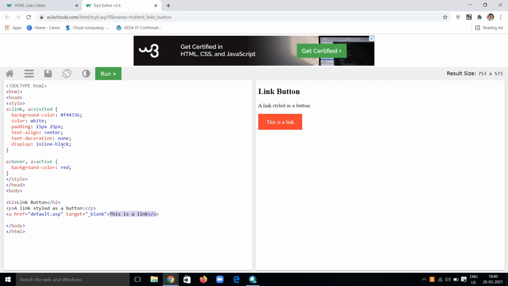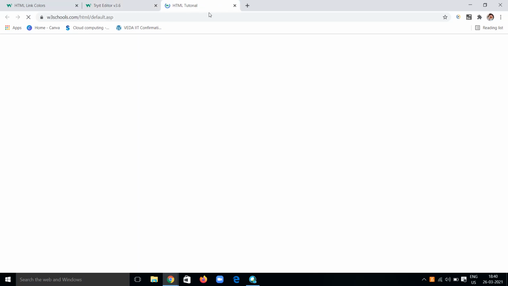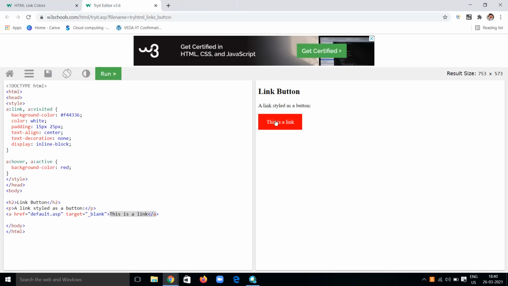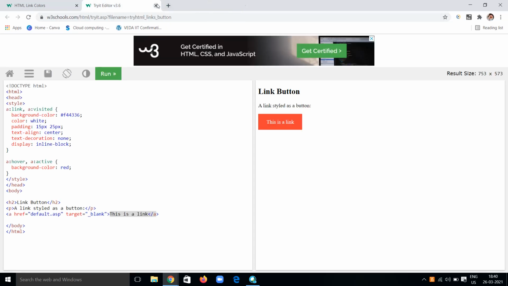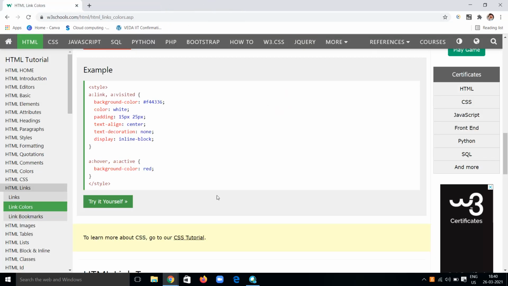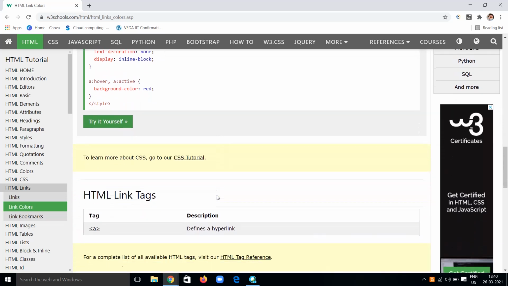If it is still not visited, then it will be this. You can see here the background is red color. This is the hover or anything. If I click on this, it will be a red color. If I make it active, then it will be a white color. You can see it will change to white color. Yes, so like that you can do things. Try many more examples on your own, then you will get clarity on that.